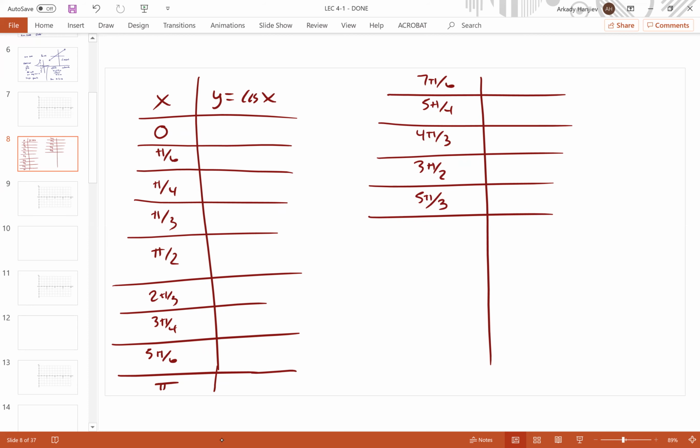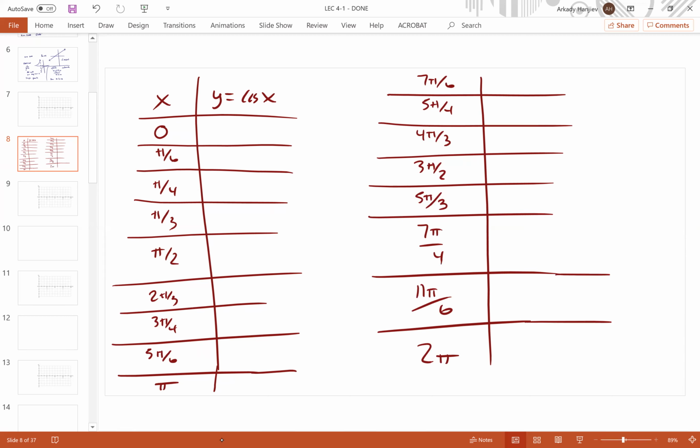Let's see if that's right. Just want to make sure here. Yeah. 7 pi over 4, 11 pi over 6. And voila, 2 pi is where we end up. Okay, sweet. Okay, as we did before, I'm going to go from right side of the class to the left